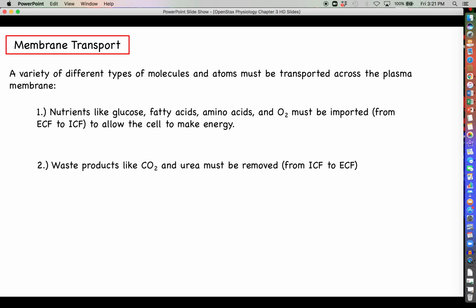When cellular respiration occurs, we make waste products like carbon dioxide and urea, which need to be removed. They need to move in the opposite direction. We need to get them from the intracellular fluid out into the extracellular fluid so we can expel them out